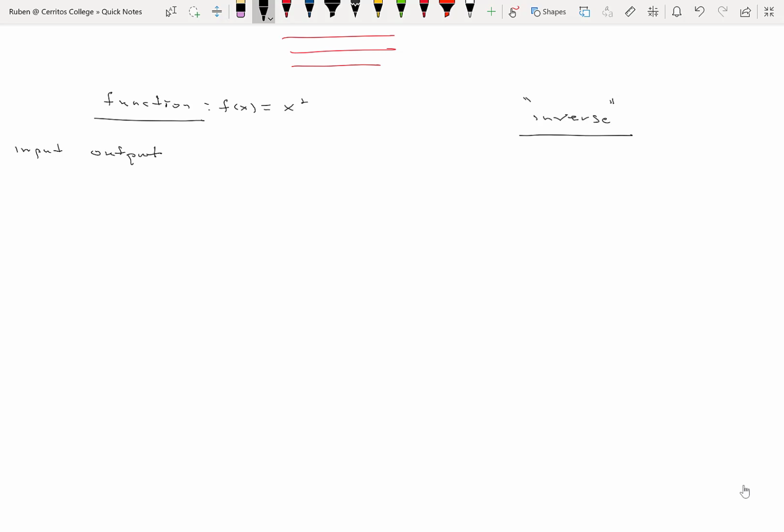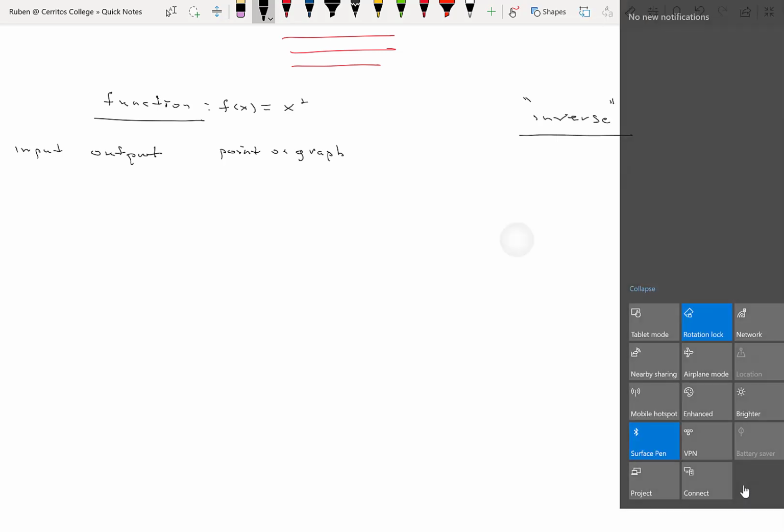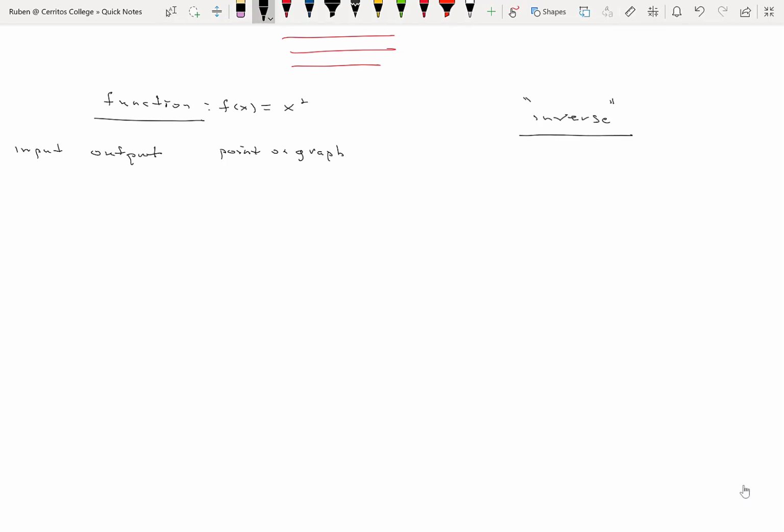Outputs are numbers in the range. And I'm also going to put the point on the graph of the function. And once I do that, I'm going to construct on the other side a corresponding chart for the purported inverse, quote unquote. So the input,